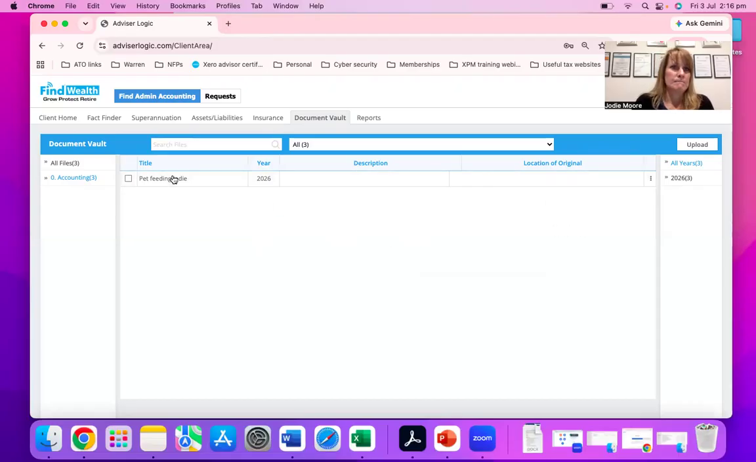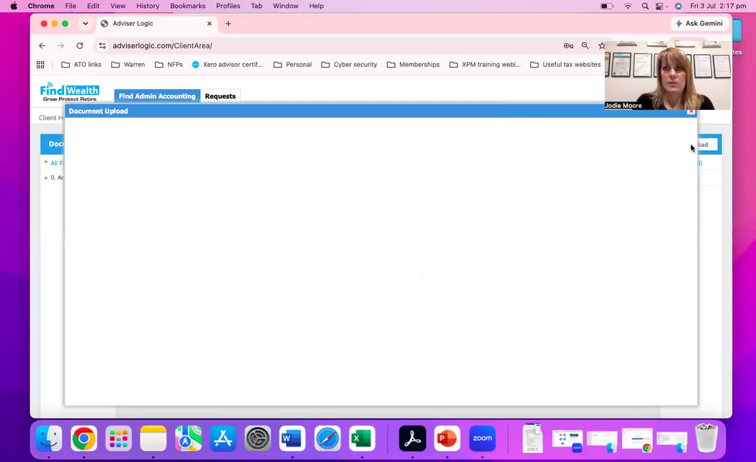So I'm going to go back to viewing all. Okay, so that's pretty much all it is for viewing documents. So I'm going to now show you how to upload a document and how to set up so that you can filter documents in future. So if we click on upload,